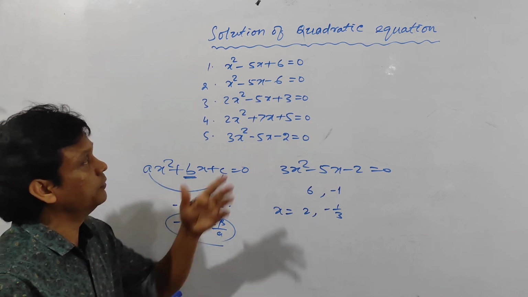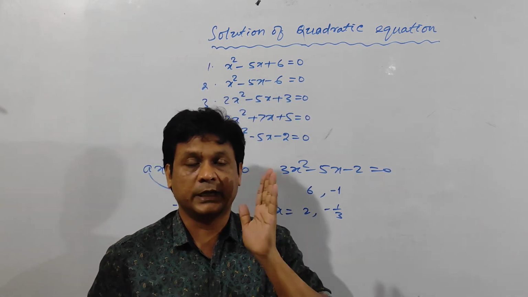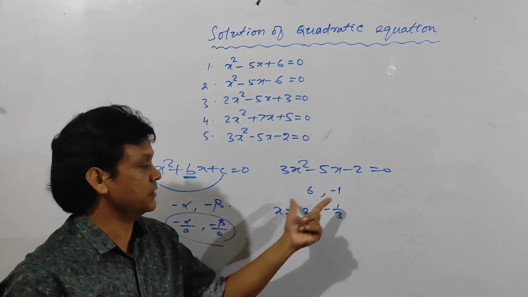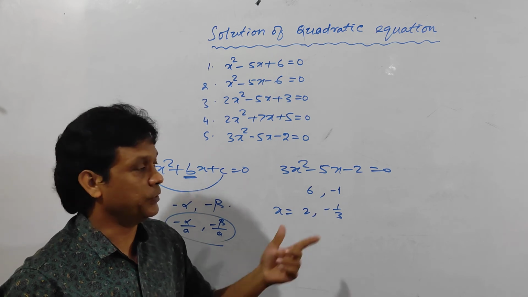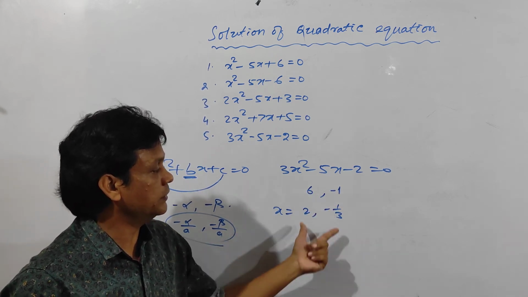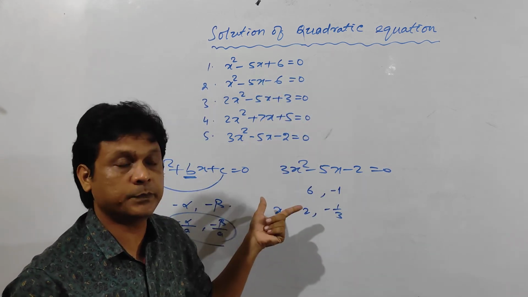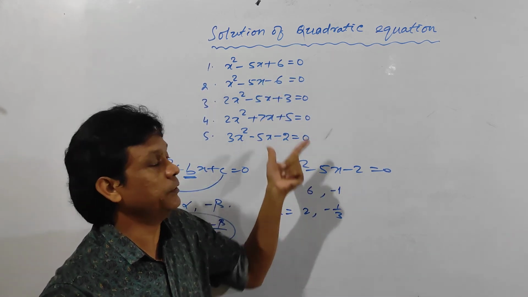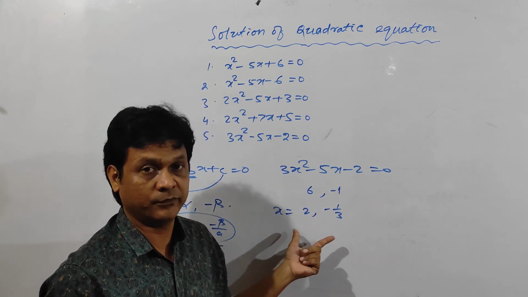Like this, you can do the quadratic equations directly, and it is very helpful for class 9th and 10th students. They can check the answer like this, because there may be silly mistakes. And for class 9th and 10th students, it is a process in order to check the answers. And for students preparing for competitive exams, it will be very helpful. It will be a very time saving factor.